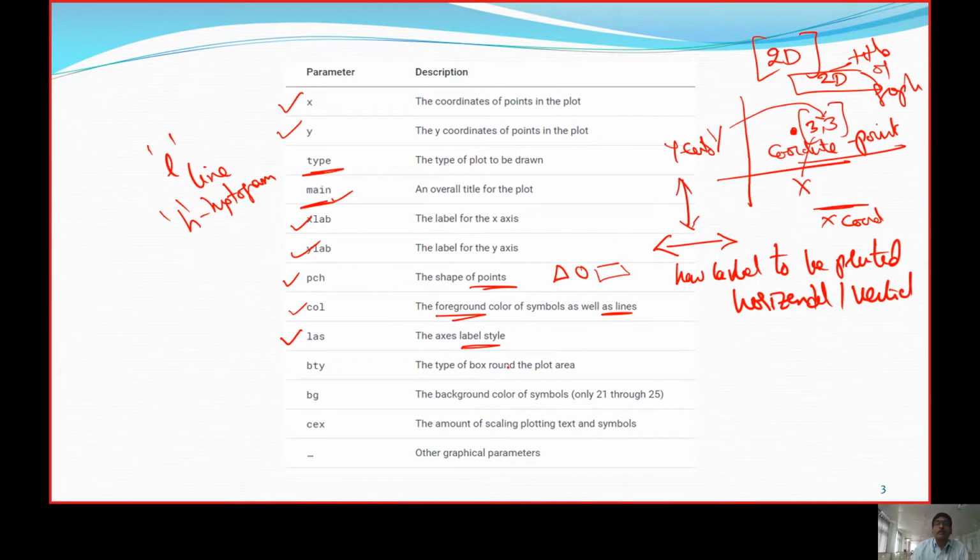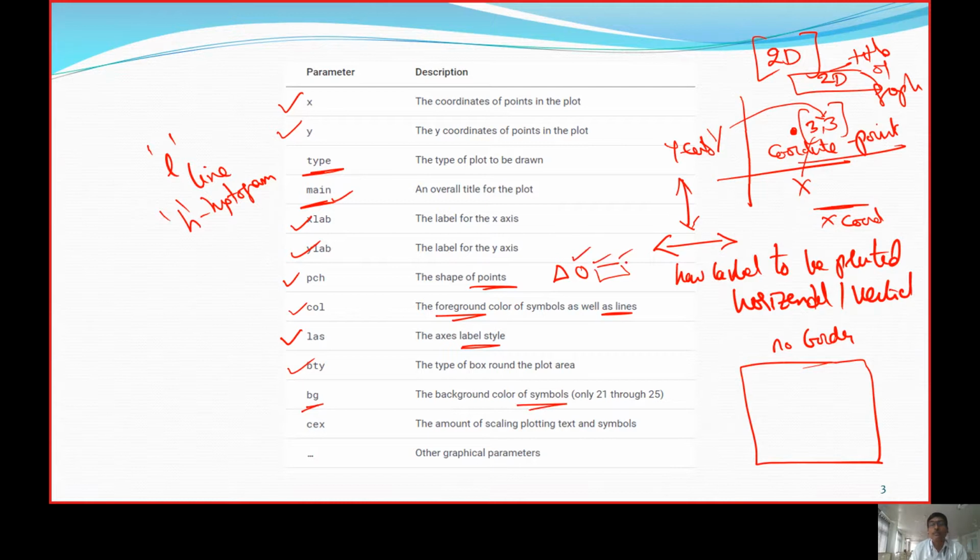Next, bty is the box type, whether around the graph we need a rectangle or not, whether there is no border or we can have a border. Similarly, bg is the background color of a symbol.